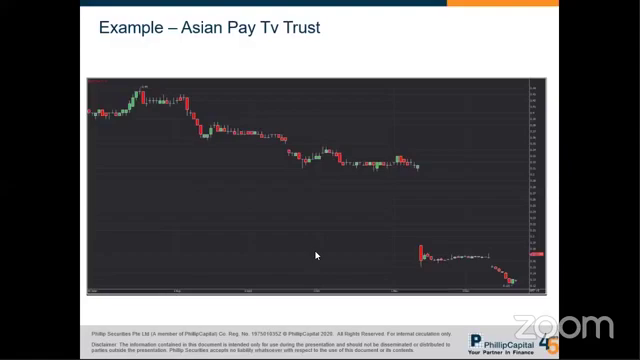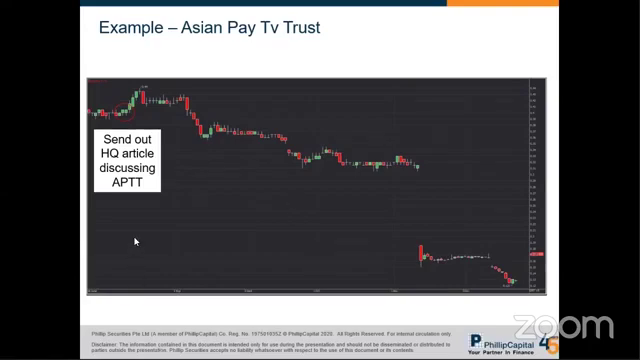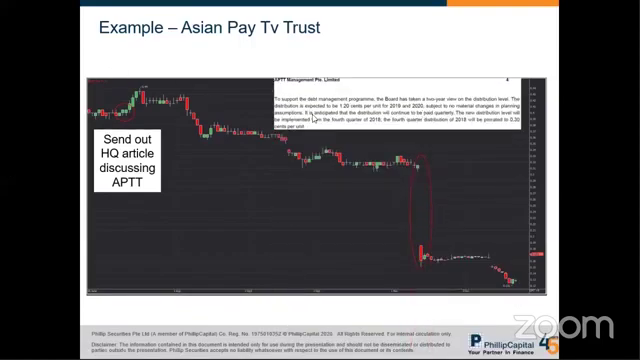So actually I wrote an article, an HQ article, discussing this Asia PhillipCapital Trust, I think in 2018. We talked about whether their dividend payout is sustainable. You can see that we sent out articles, and a few months later, Asia PhillipCapital Trust cut their dividend payout, implemented in the fourth quarter of 2018. Because the dividend they were paying out was using their debts to pay out all this dividend,